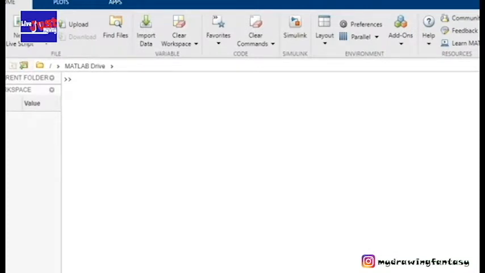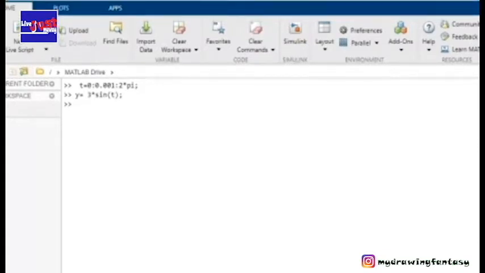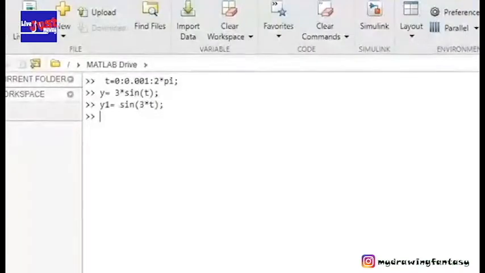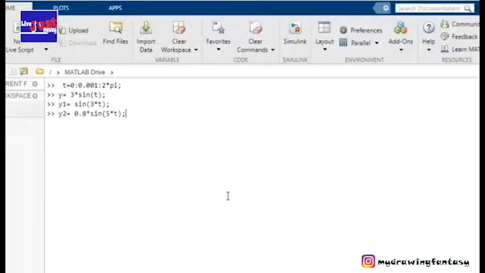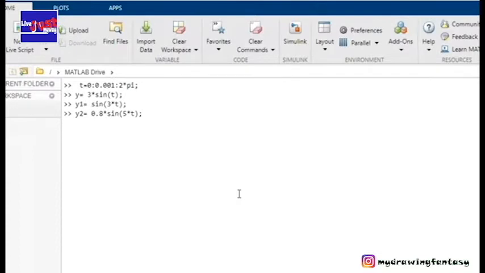First, we have to define our time. Here the time is defined between 0 to 2 pi, and we will define our first harmonic, or the fundamental signal, which is y equal to 3 sin t. Now we can go on defining our next harmonic, which is y1 equal to sin 3t, and we have one more signal, which is y2 equal to 0.8 sin 5t,